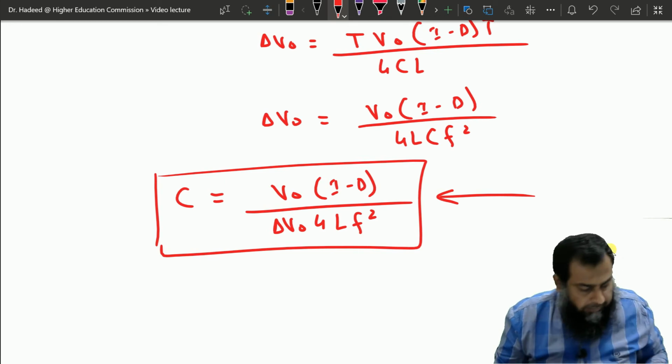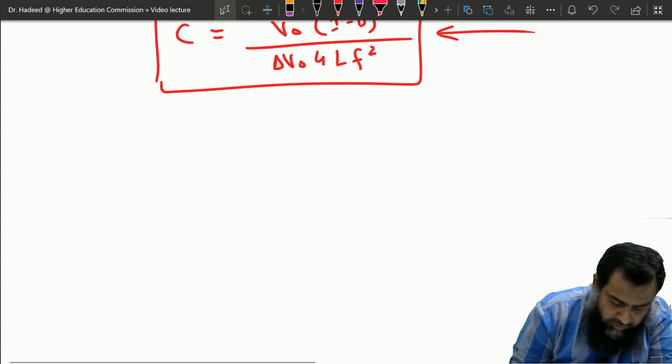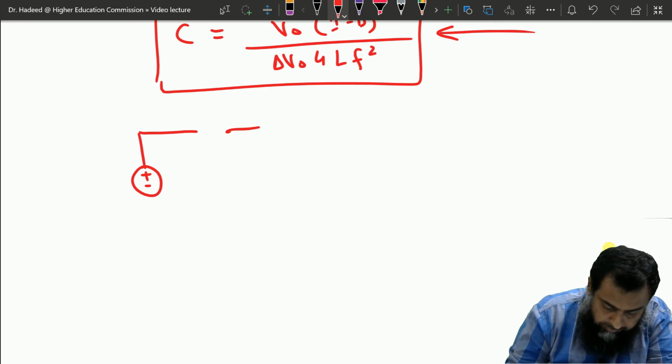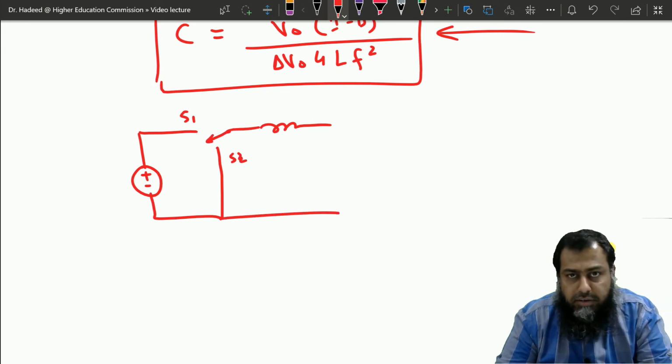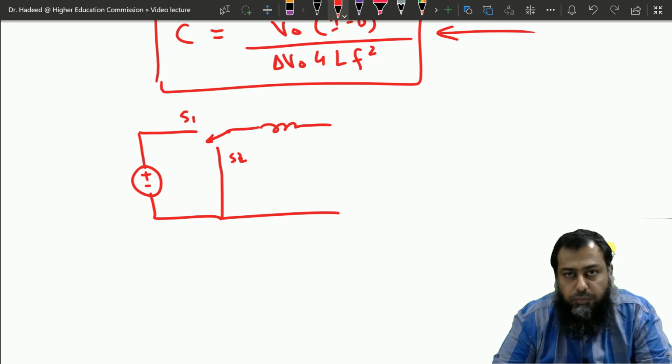What about the second thing? We have used the switches so far, so let us see what kind of power electronic devices we can operate. Since this is the pole, this is the inductance, and this is the second switch, I said this is S1 and this is S2. So we need to establish what kind of semiconductor devices can be used to realize this switch S1 and this S2.